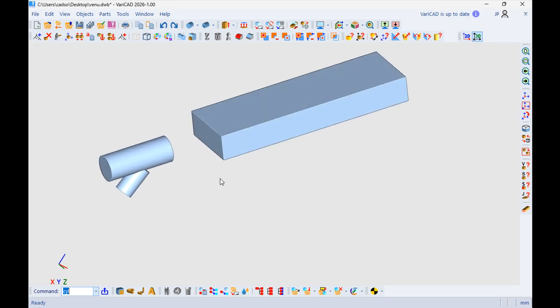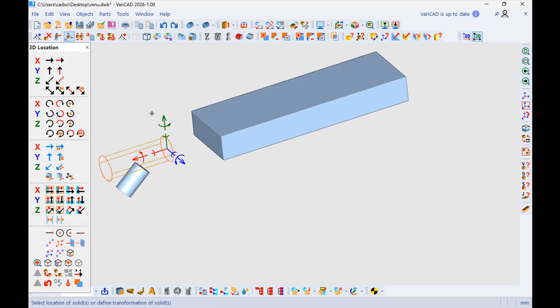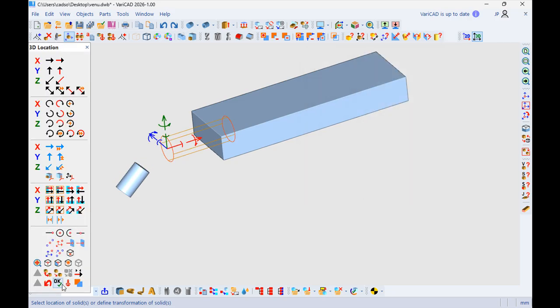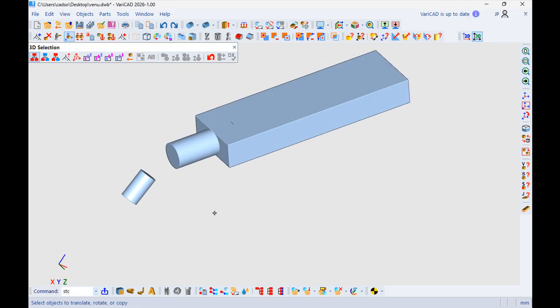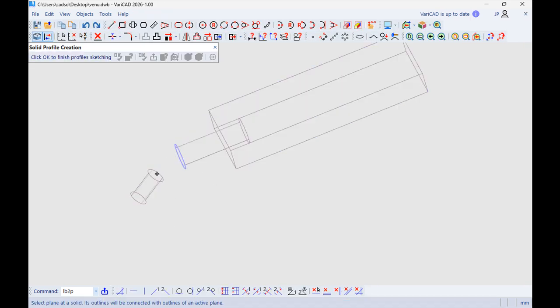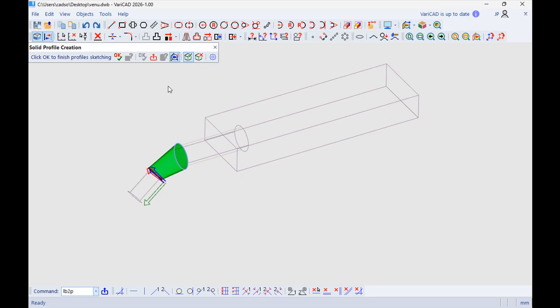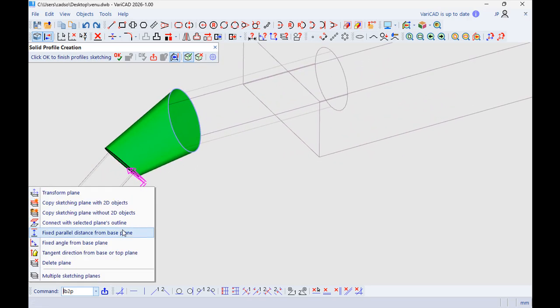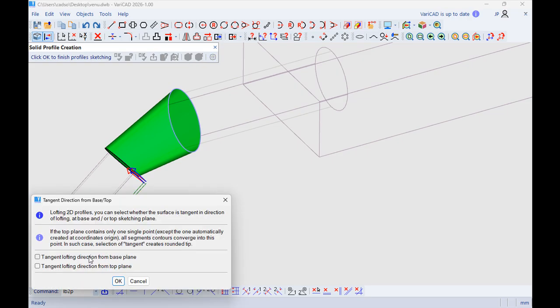Now I will use this cylinder as a tool. We'll position it 180 degrees, and again this function, the loft between this plane and this plane, and once more right click, loft.